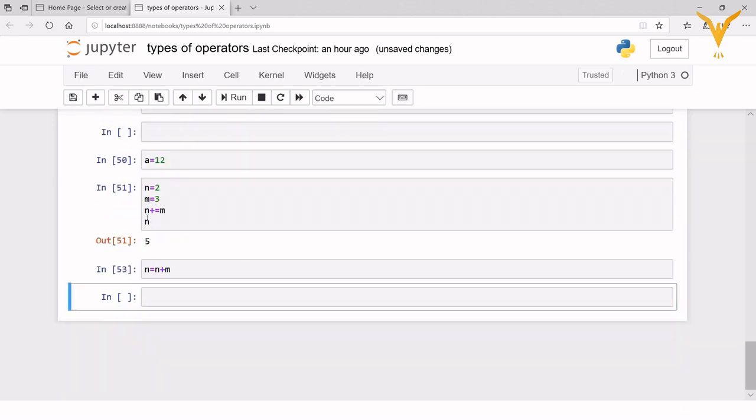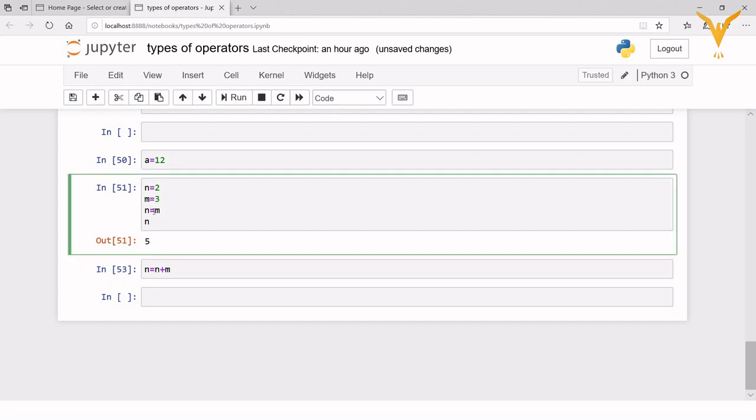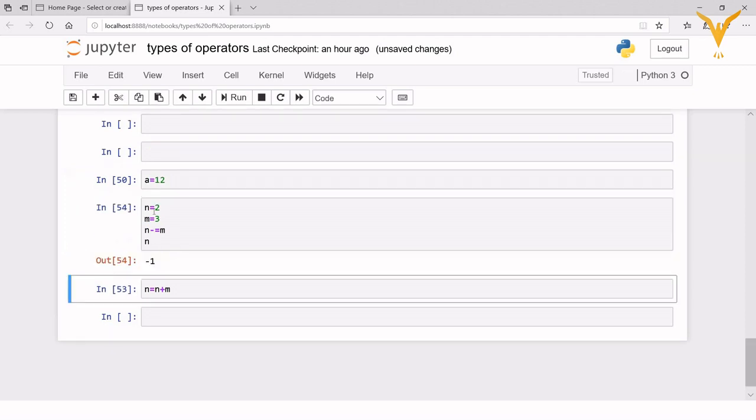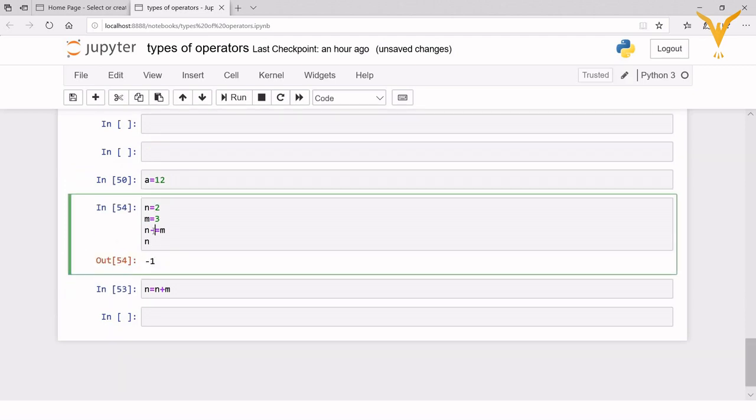So n plus equals m can be written as n equals n plus m. Same goes with minus also. Now I make it here as minus. So this will give me minus 1. Same goes for multiplication. So this will give me 3 2s are 6. Then we have division. So this will give me 0.6. Then we have modulus.